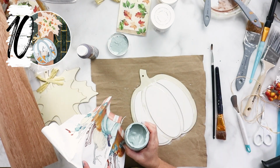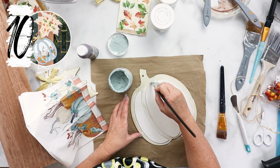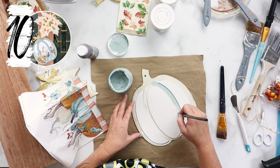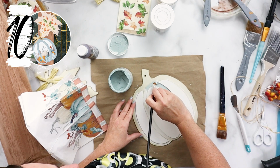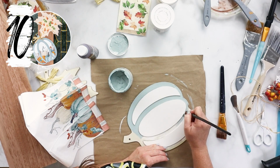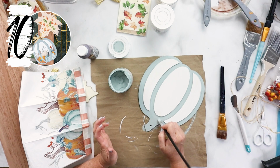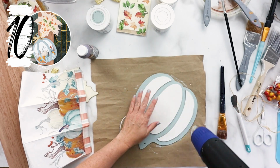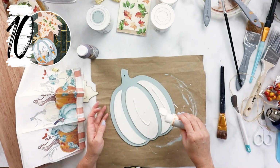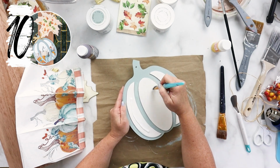This pretty blue goes with the pumpkin, the blue pumpkin in the napkin. It's a chalky finish paint called Vintage by Decor, and it just has a really nice shade to it. So I carefully used a fine brush and painted all in the grooves and around that outer border of the pumpkin shape. I then applied a coat of Mod Podge to the raised surface and painted that into a thin